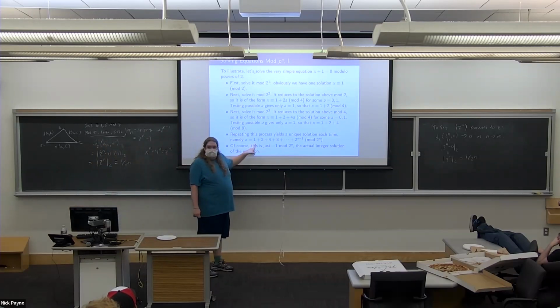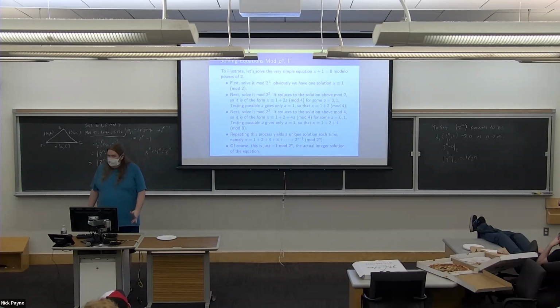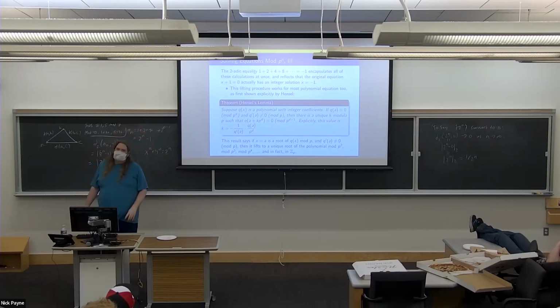If you think about writing this in base 2, it's 1, 1, 1, 1, 1, 1, and you just keep going. That's exactly what that two adic expansion is. What it's telling you is what this thing is mod every power of 2 all at once. That's what the two adic numbers are. And so the point is that it actually gives you the original solution, x equals minus 1, when you sum it up in the two adic numbers. It recovers that exact integer solution.